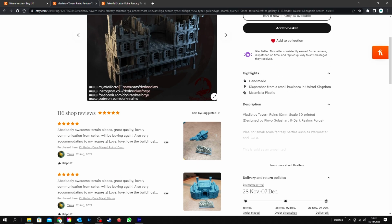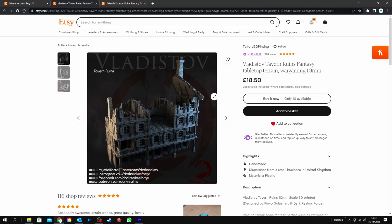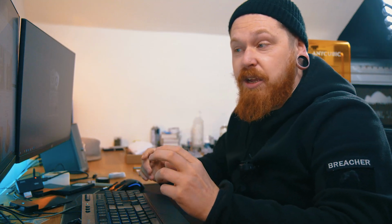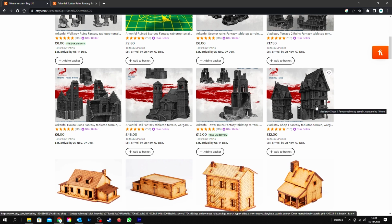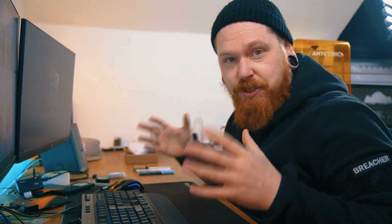Now, the one thing that really got me about this range is the fantasy houses, because I'm doing sort of fantasy 10mm stuff, and I'm even thinking about doing 10mm Mordheim. And I was like, well, you can buy 3-4 rise houses for as little as 6-12 quid a piece. And what put me off doing a Mordheim table, what's put me off doing these large terrain tables